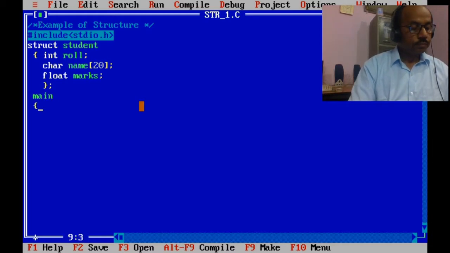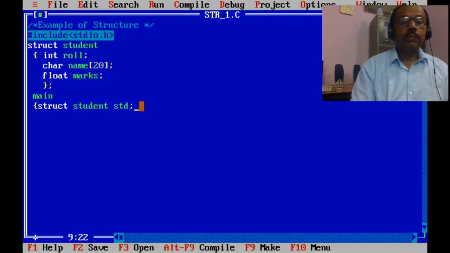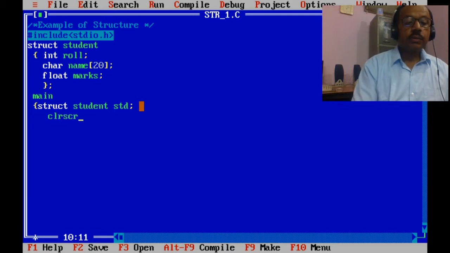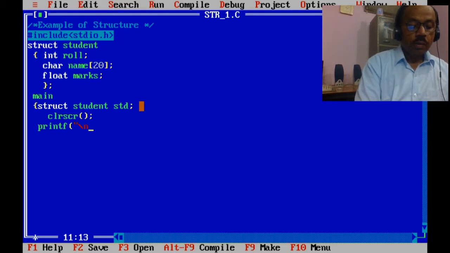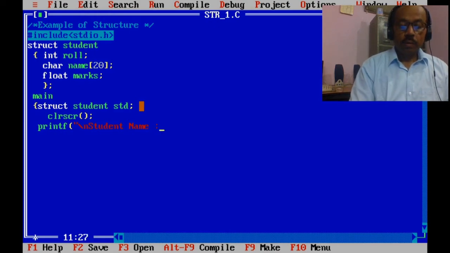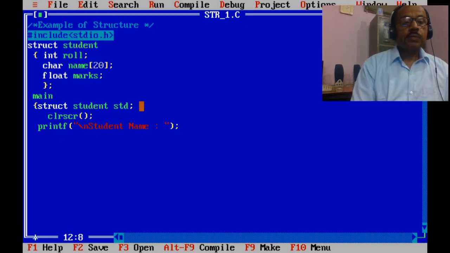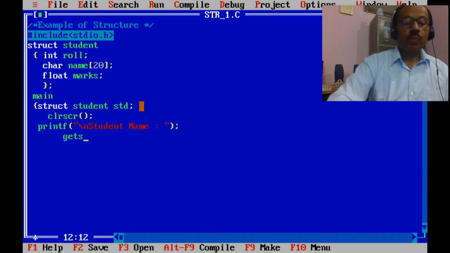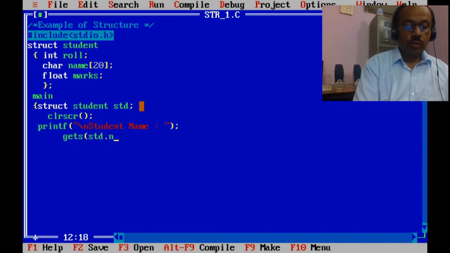Main. struct student std. It became a structure variable. clrscr. printf "student name", then gets(std.name).